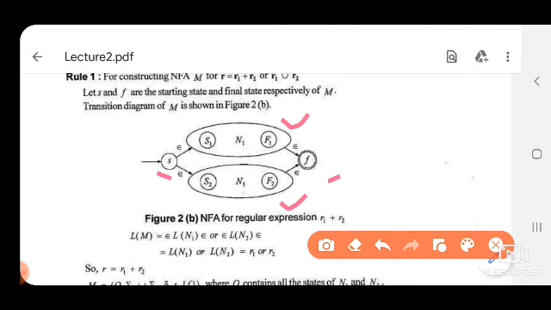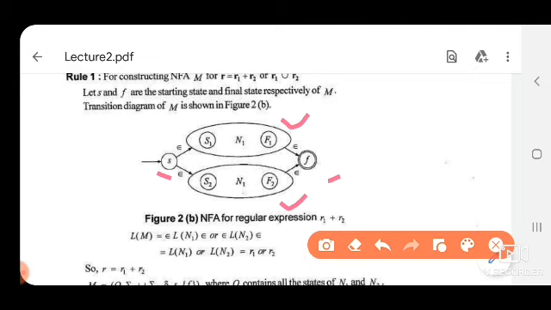Null means a string of size 0. So null helps to join these two NFAs. We have taken the initial state as S and the final state as F, and join these two NFAs with S and F using null transitions.